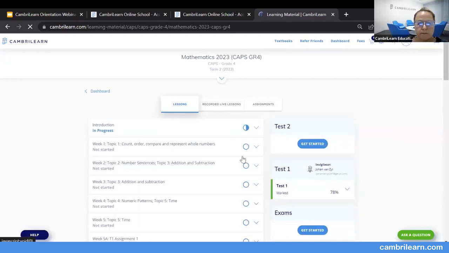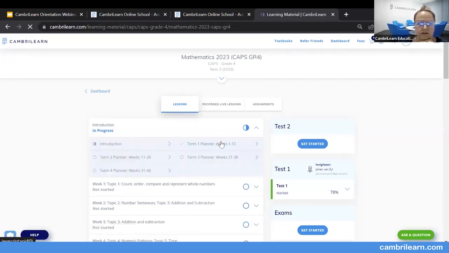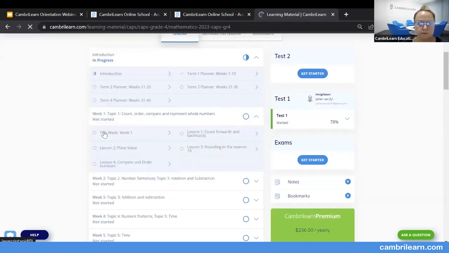For a quick overview of what is covered within the tab, you can just click the drop down arrow, and it'll give you a quick synopsis of what is covered in that week. For example, week 1, you'll have lesson 1, 2, 3, and 4. And clicking into week 1,